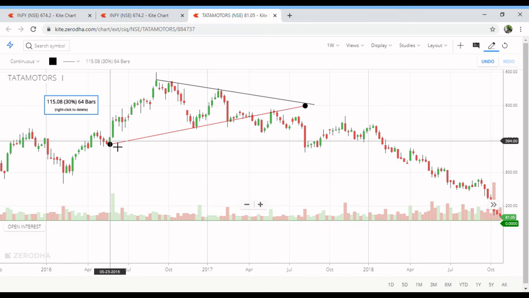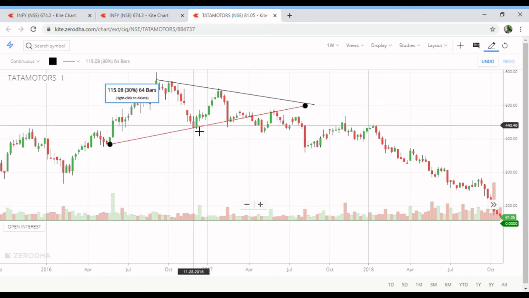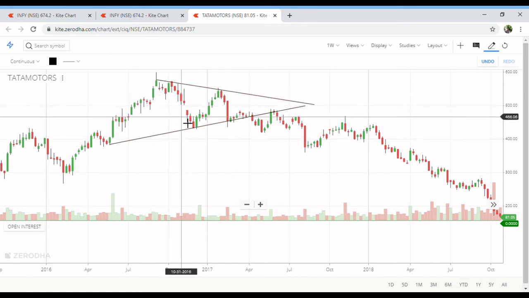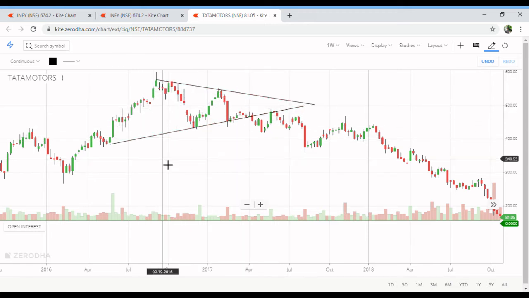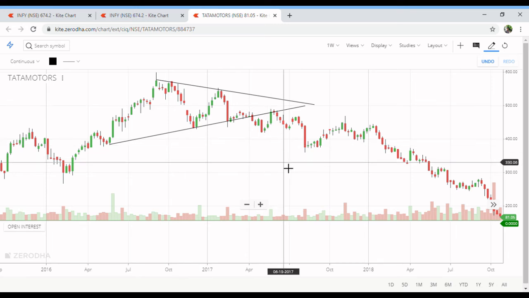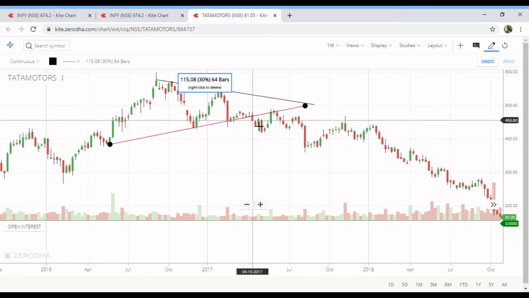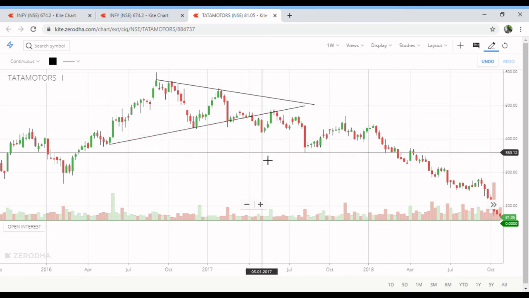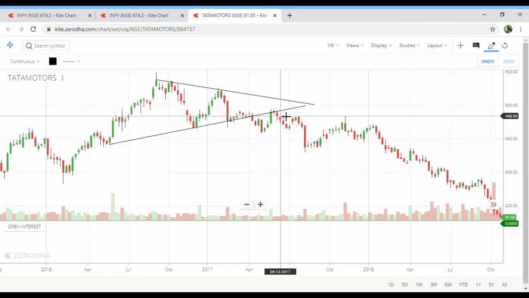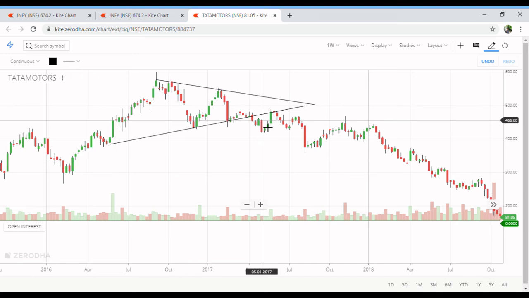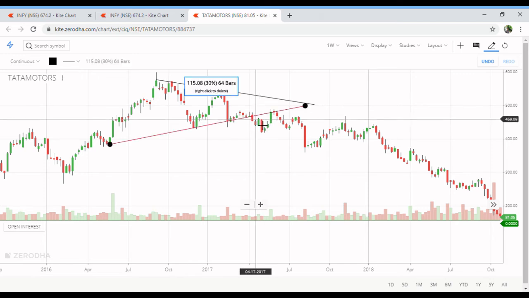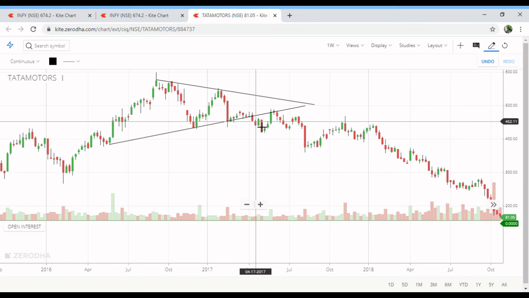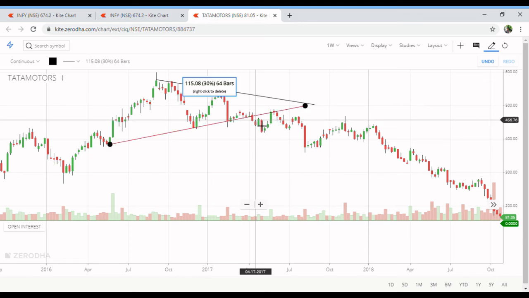Initially it had a low of around 394, and then the support level shifted to the level of 437 or 438. So this has formed a triangle pattern again, and you can wait for the breakout on either the upside or the downside. Here it made a breakout, and after that it made a pullback towards the trend line. If you want a double confirmation, you can wait till this level and enter over here, or if you are an aggressive trader, you can take the trade whenever you see the price break out at the support or resistance level.